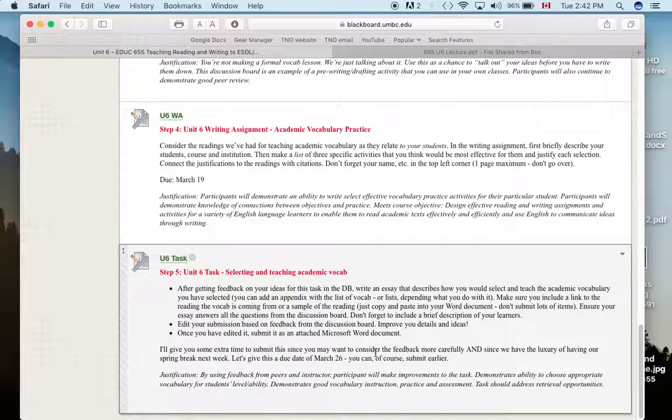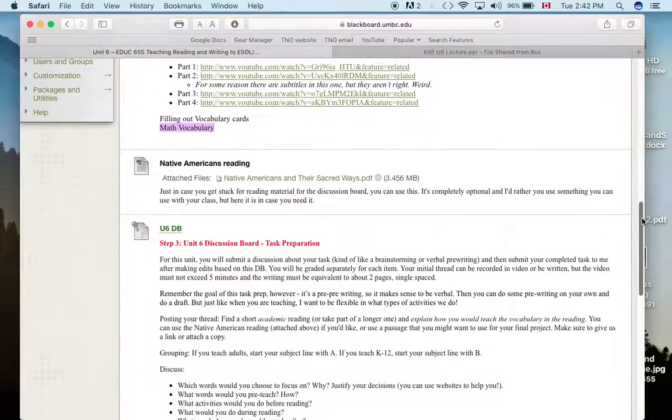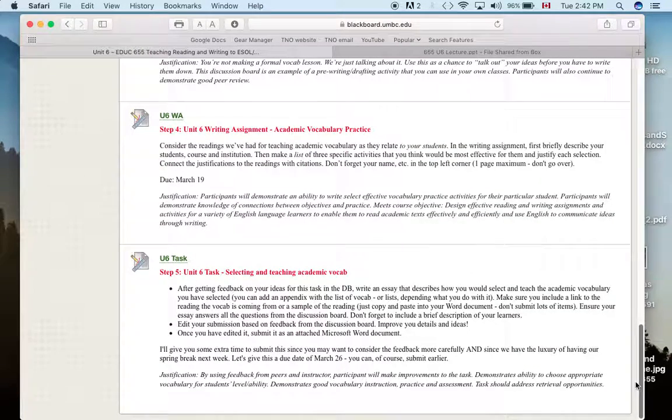You are writing an essay here, not a lesson plan, but it talks to me about a particular academic reading that you have selected, and you're going to talk about that in the discussion board. And in the essay, you talk about how you would teach the academic vocabulary that you have selected. You can give me an appendix with the list of the vocab,